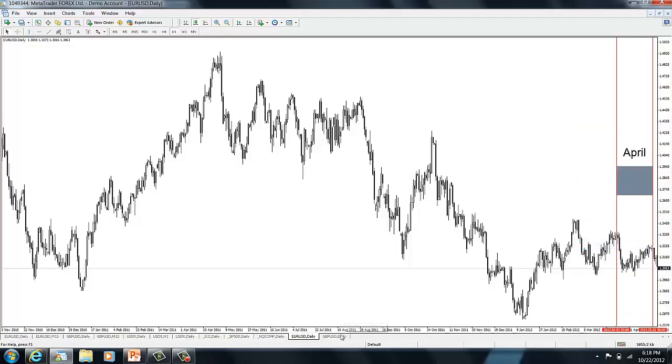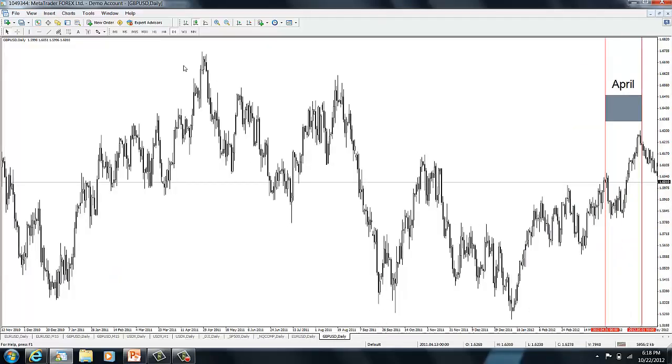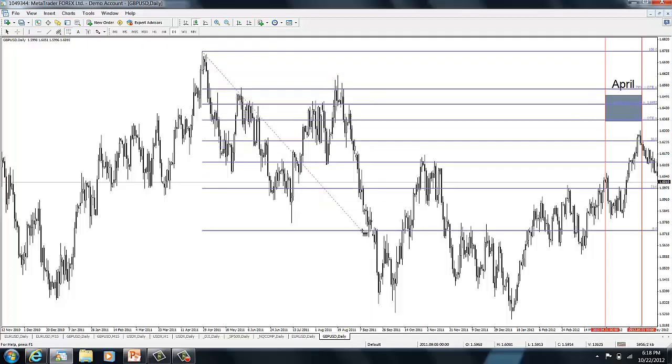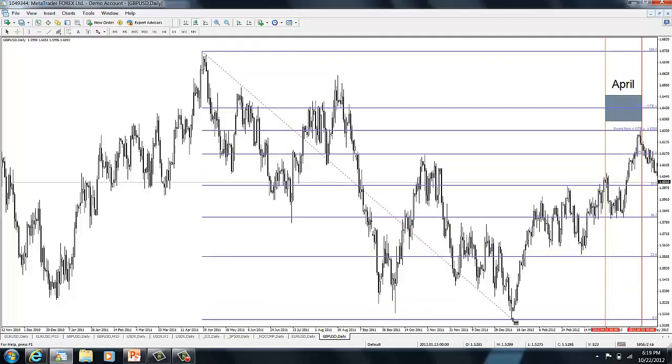The cable, at that same time frame, we had a larger price swing from this high down to this low that the cable was retracing in. Okay, so let's pull that up. You can see here's the sweet spot. Okay, here's that 70.5 fib level. Price went right to that level, exactly to that level.